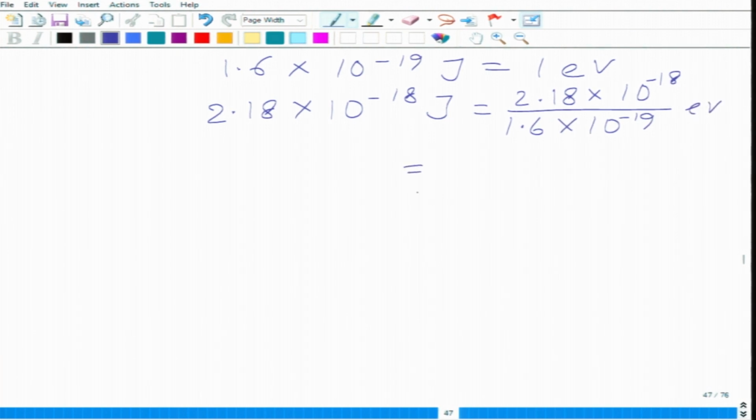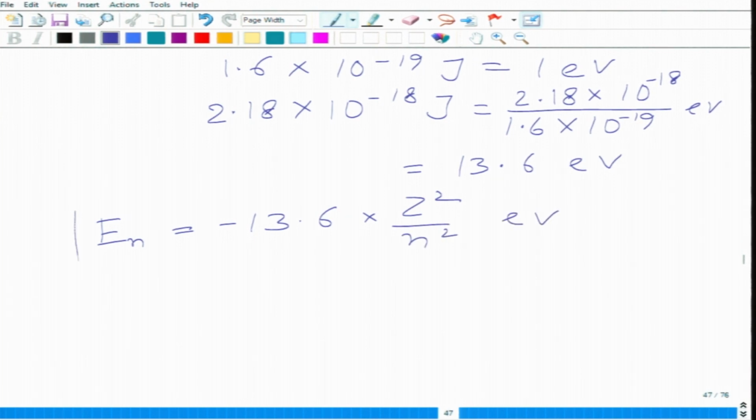So, this comes as 13.6 electron volt. So, we can write the formula of total energy as minus 13.6 into Z squared by n squared